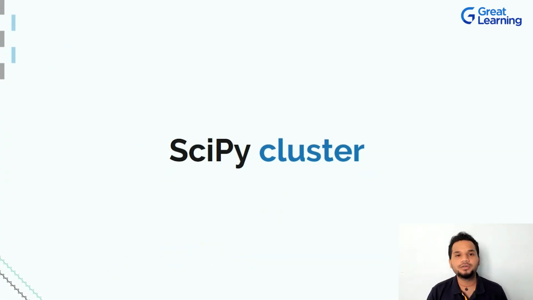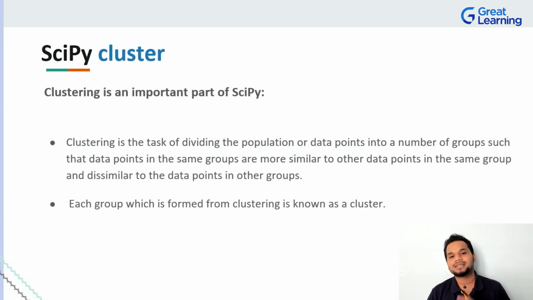So without further ado, I think it's high time we jump right into understanding each of these, not just theoretically, but practically at the same time, right? So let's talk about SciPy cluster. Now, ladies and gentlemen, clustering is a very, very important part of SciPy, of Python, of all the practical applications we have in today's world. Clustering talks about how you can take one common data set or a heap of data and divide it based on certain data points, based on similarities, based on dissimilarities to other groups as well, right?